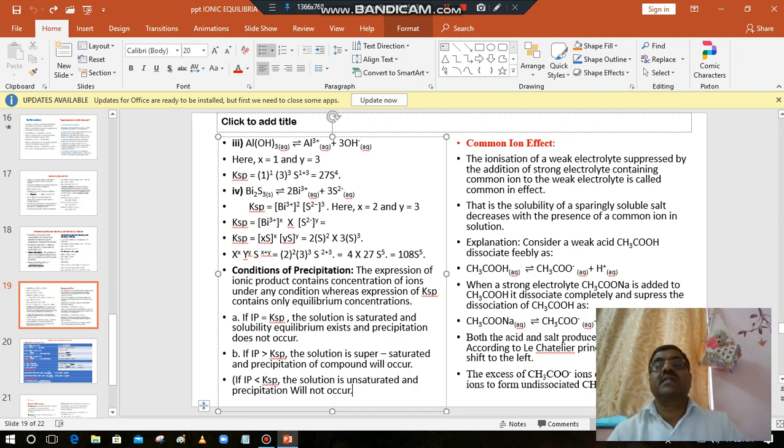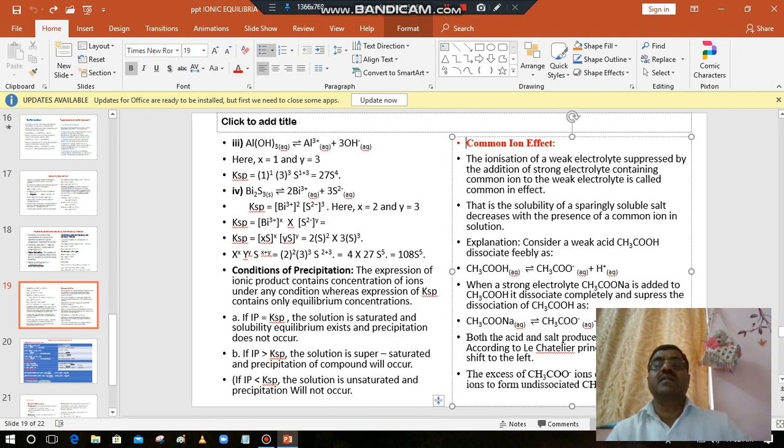Now the next term, common ion effect. What is common ion effect? The ionization of a weak electrolyte suppressed by the addition of a strong electrolyte containing a common ion to the weak electrolyte is called common ion effect. That is, the solubility of a sparingly soluble salt decreases with the presence of a common ion in solution. Common ion effect means, suppose a weak electrolyte,